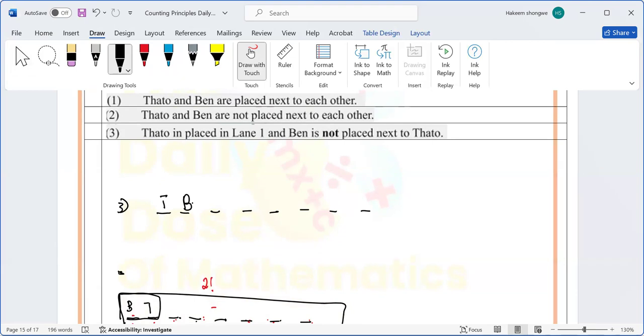Now they are together. There's no other way they can be together, because as long as Tato is in number 1, there's no way I can put Pen next to Tato unless it's number 2. Pen can't go to number 1, because Tato must be in number 1. Now, how many things can I still arrange? Tato and Pen are fixed like that. I still have 1, 2, 3, 4, 5, 6. So they can occur 6 factorial ways when Tato and Pen are together and Tato is in line 1.